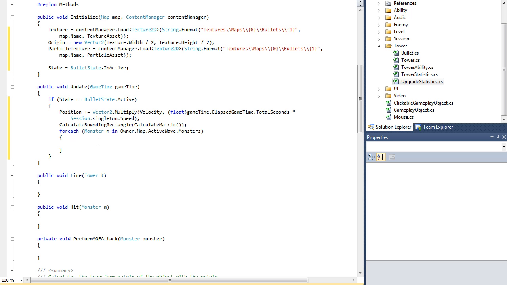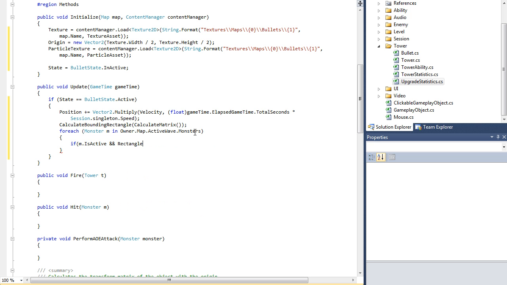So the way I organized this as I was starting development is I created all my properties and method headers, just like we did in the tutorials. And then I went back and did the method bodies, just like we're doing now. So for every monster inside of the active wave monsters list, so all the monsters on the screen or are currently waiting to be spawned, all those monsters need to be checked for collision. If, which brings me to the next part, if M dot is active, if a monster is waiting to be spawned, it is not active yet. So if the monster is active and